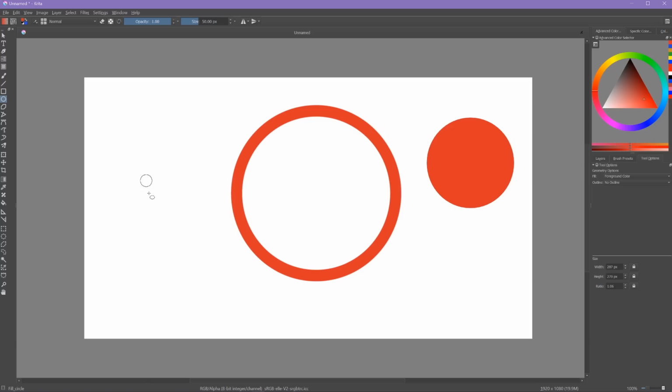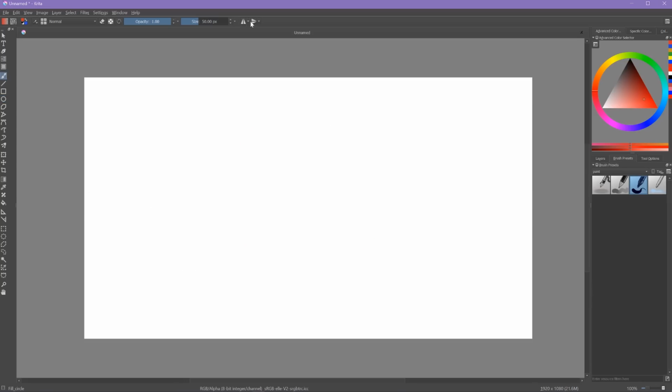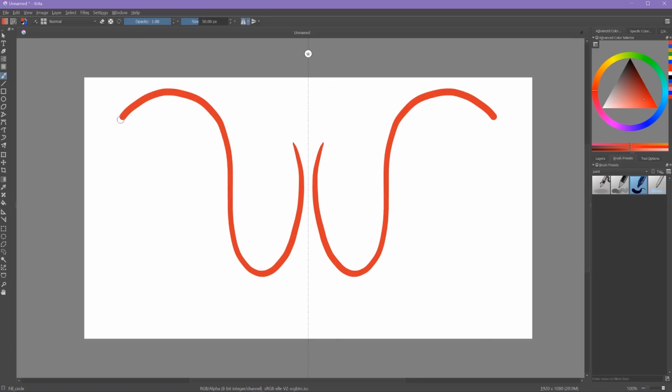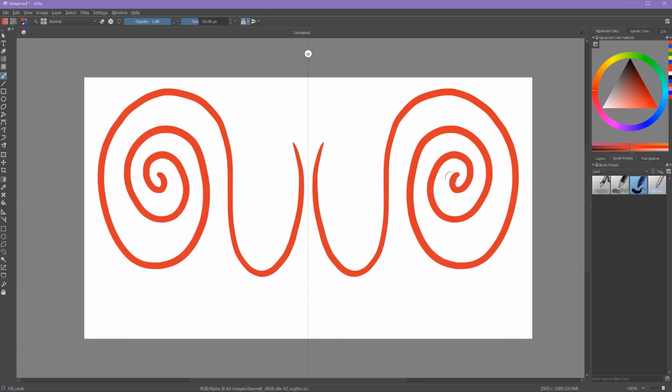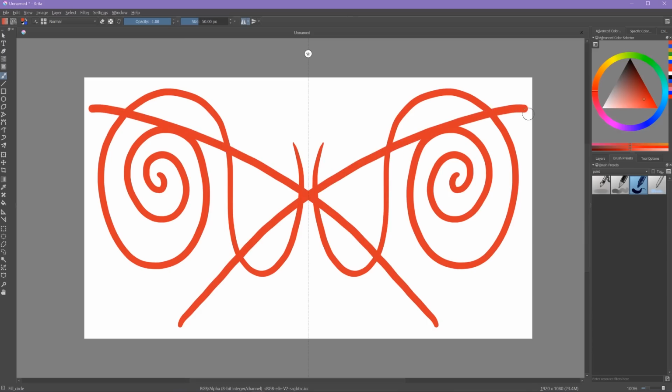If you'd like to create a shape from the center, click and hold, then hold down your control key and then drag out. And it'll drag from the center rather than from a corner. And also you can hold shift while holding control and it will keep its same proportions. Another cool option is these mirror tools up here. So if I select the horizontal mirror tool, I can create these symmetrical drawings that are the same on the left and the right side. And I can also cross over the horizontal line.